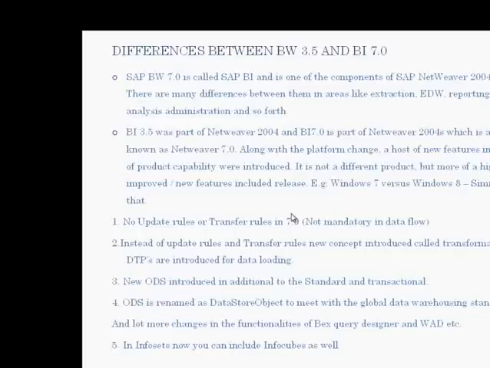There are many differences between these two tools, from data extraction to reporting and analysis. Even search functionalities are enhanced in the 7.0 version compared to 3.5, but the business content is the same as 3.5, and all the data flows are the same, and you might even find a few clients still using the 3.5 version. My last client was using 3.5 version, so they had all the data flows in 3.5, and